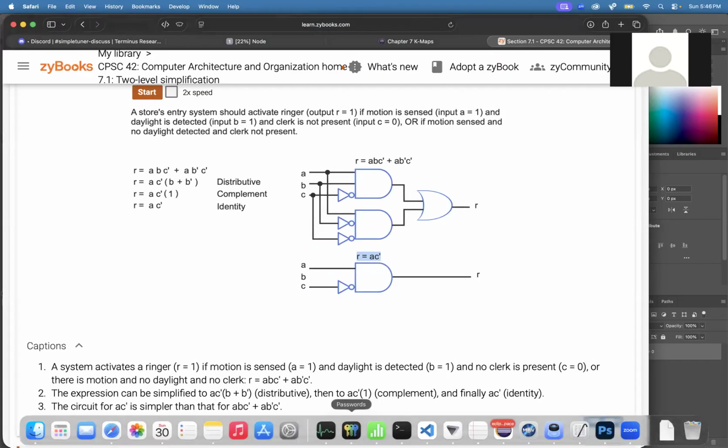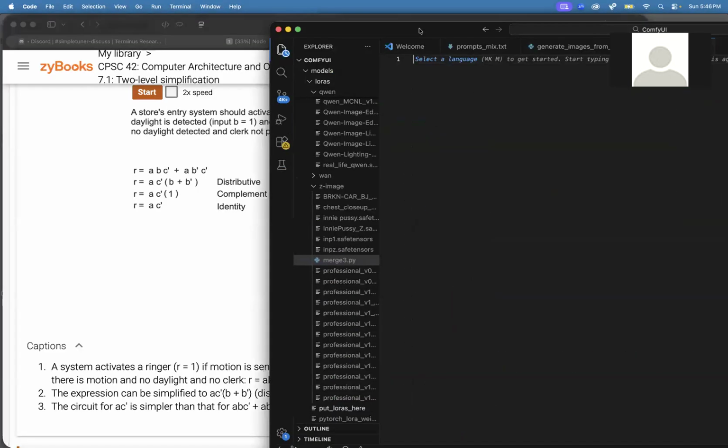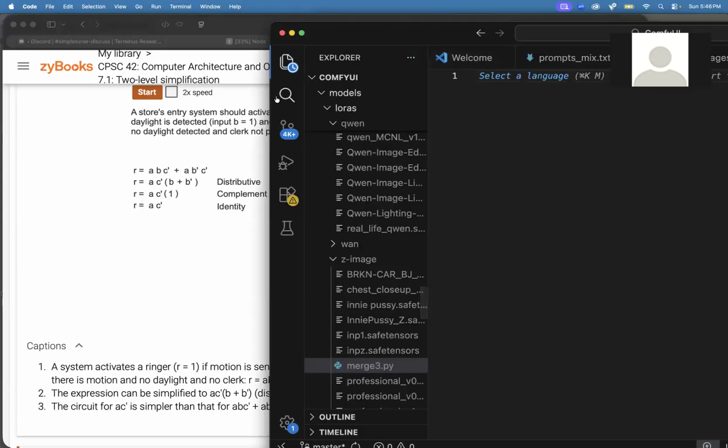When you go through this section, I'm not going to go over it in great detail, but you're going to have to do some basic simplification of Boolean expressions. So for example,